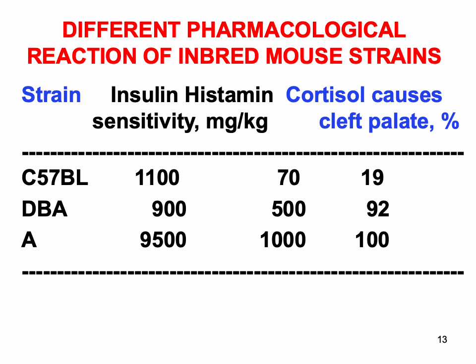Inbred strains show different pharmacological and toxicological answers and sensitivity. This table is an illustration of the previously described different pharmacological reactions of inbred mouse strains. You can see that the different strains are very different in insulin sensitivity, in histamine sensitivity, and during the pregnancy